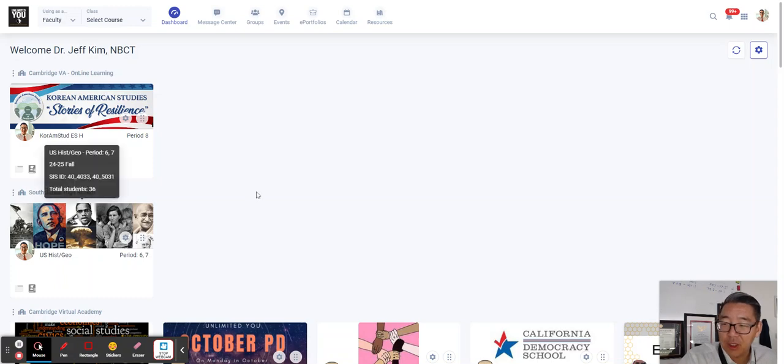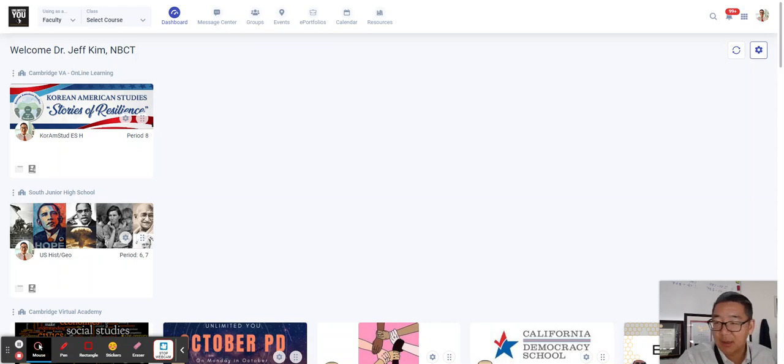But anyways, let me go ahead and share my two layouts. The first will be my layout at South Junior High School, my in-person classes, and it's going to be a simpler version of how my eKadence page looks. The second is my Korean American Studies class, a high school class online, and that one's going to be a little bit more extensive. So you're going to have a chance to see both and maybe get ideas for how you want to create